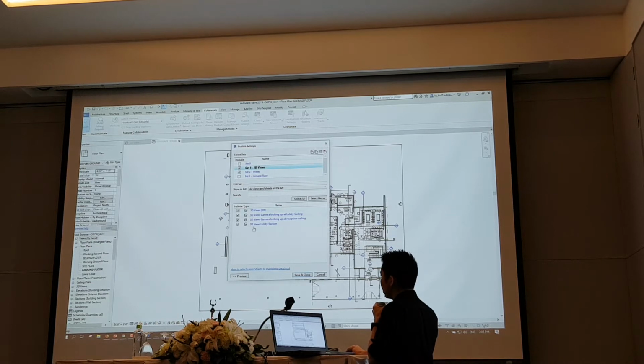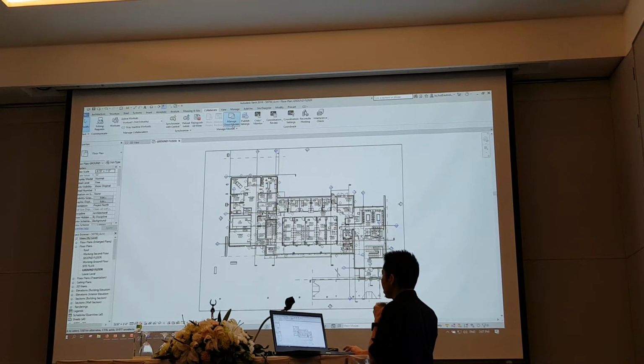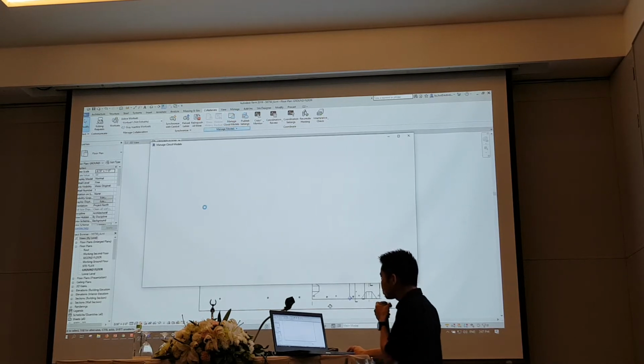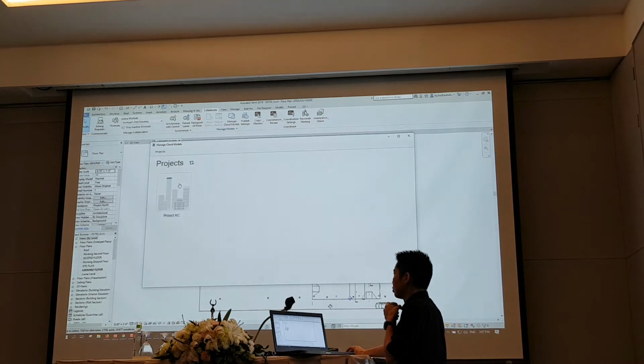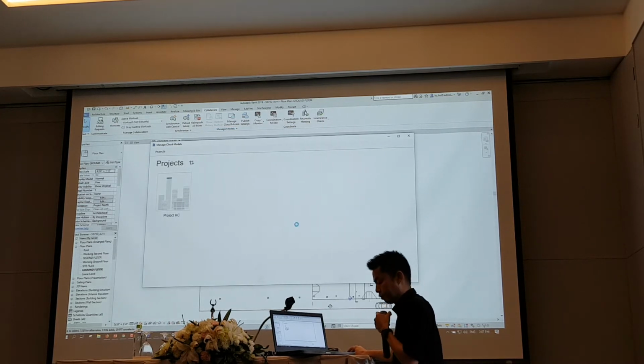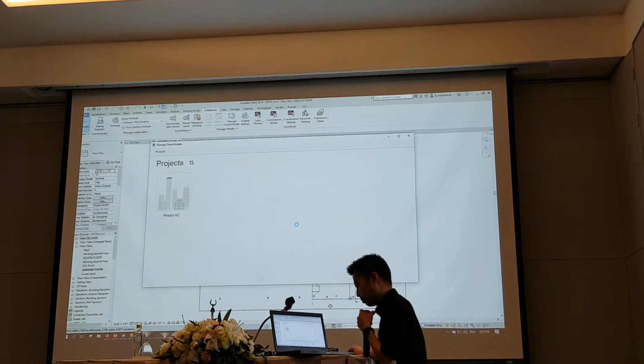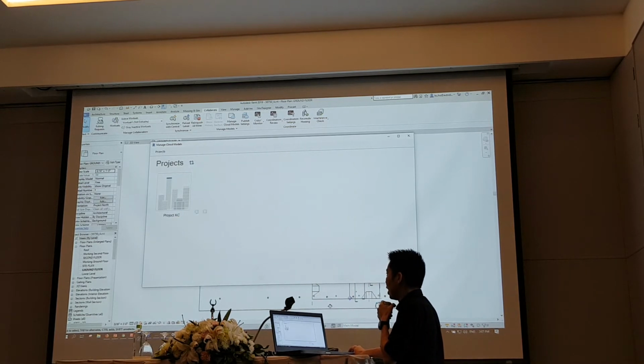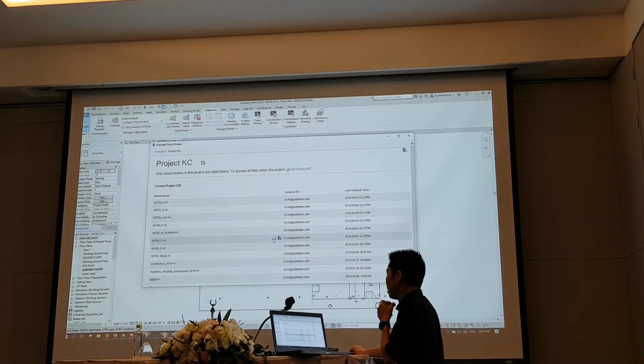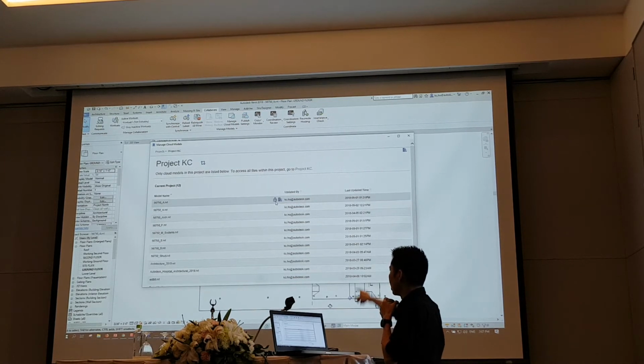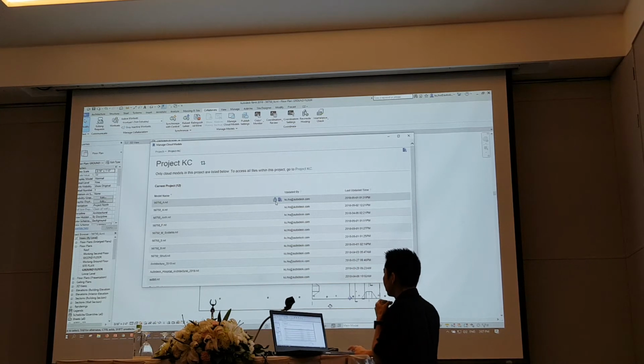So 3D views contains all the views, drawing sheets contains all the drawings. I can even create more sets if I want to control that. Now I only want to publish these two. I go to Publish Cloud Models. From here I can go into my project KC, look for the project file, and click reload, publish new. I think this is one of it. There's one called publish latest. So when I click on this one,